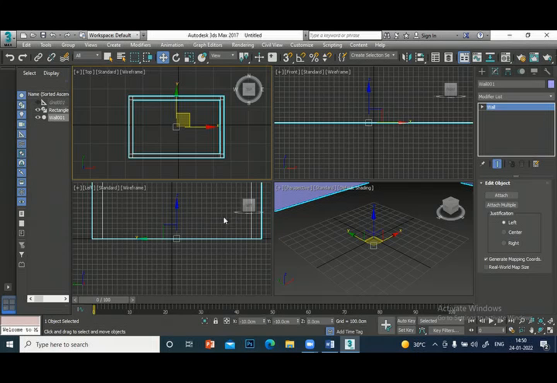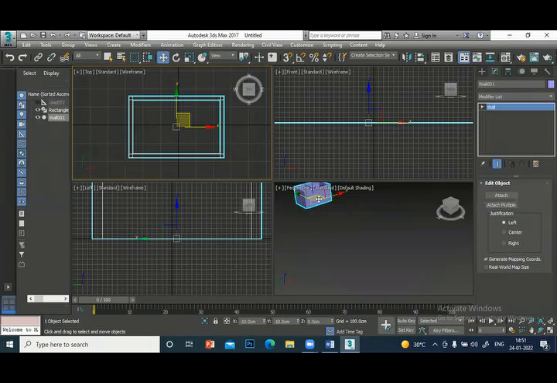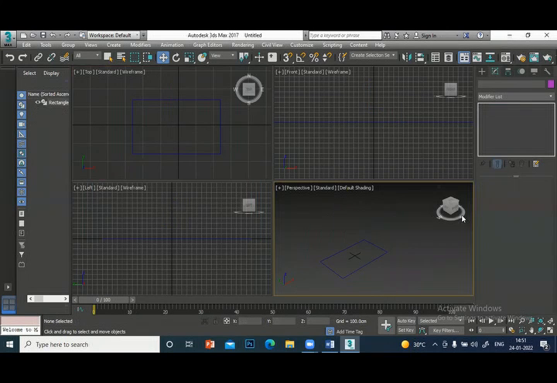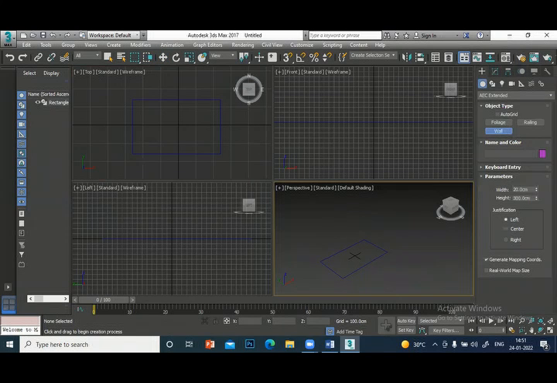To check the measurement, there are different methods by which we can measure. For the timing, nothing to worry. I will delete this and draw again. My rectangle is as it is there. Wall. I am taking left align.